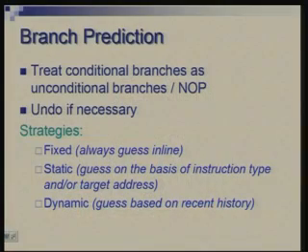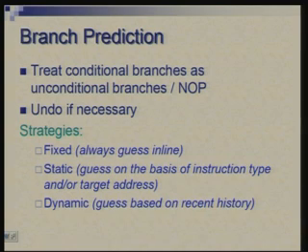Next is the technique of branch prediction, where effectively we try to treat branches either as unconditional branches, that means do not worry about the condition and try to branch, or as no operation, that means do not branch, continue sequentially, and when you know whether you have gone wrong or right, if necessary you can undo. So, now this is the basic idea. Question is, how do you do the prediction? There are three ways of doing it.